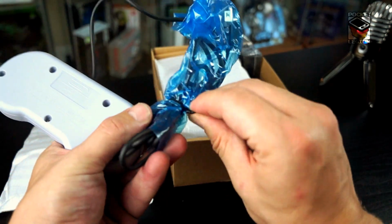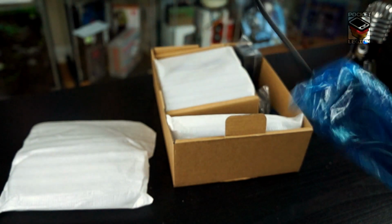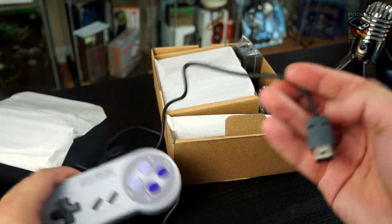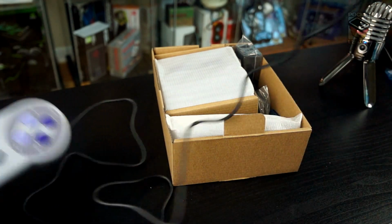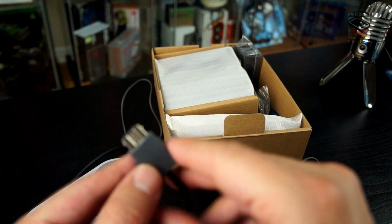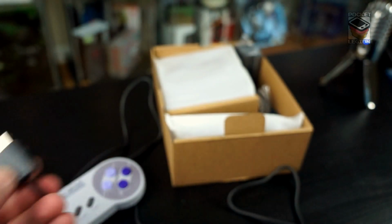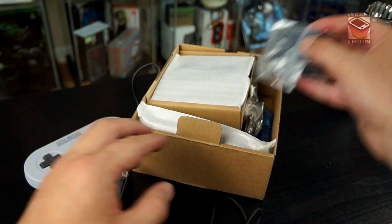Let's have a look at the wires. Give me a second. Okay, so what have we got here? This is a pretty long bit of cable. Again, another complaint with the NES last year was that the cables were too short, and you couldn't sit back on the settee, and those little Nintendo proprietary data link connections, so that will do for the controller. What we've got here, we've got plug,